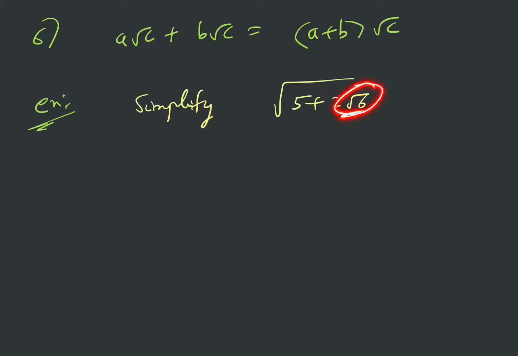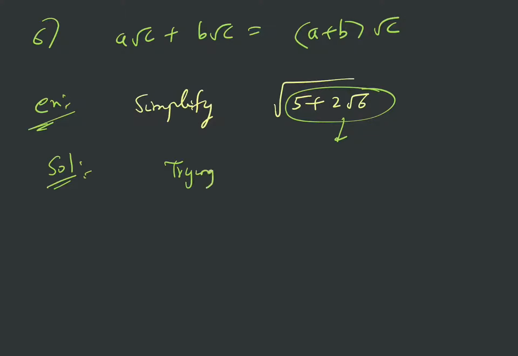So here already there is a surd because root 6 is not a perfect square, and you still have a square root over this 5 plus 2 root 6. So how to simplify this? So see, the idea is that I'm trying to express this as a plus b whole square, right?